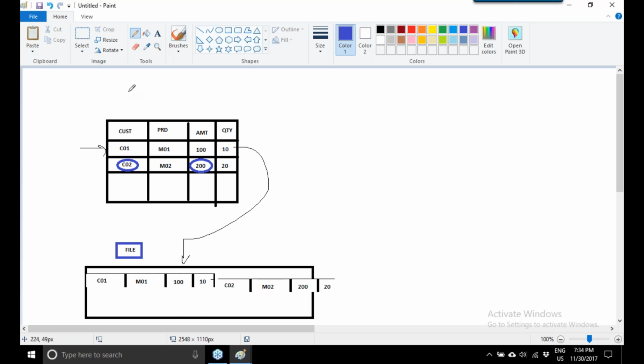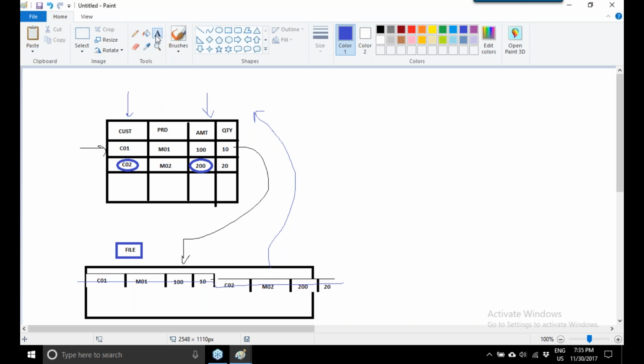Now, the system only needs to go to the customer column and the amount column. But what the system is trying to do is scan the entire table and give the output saying that C02 with 200 is the top customer.